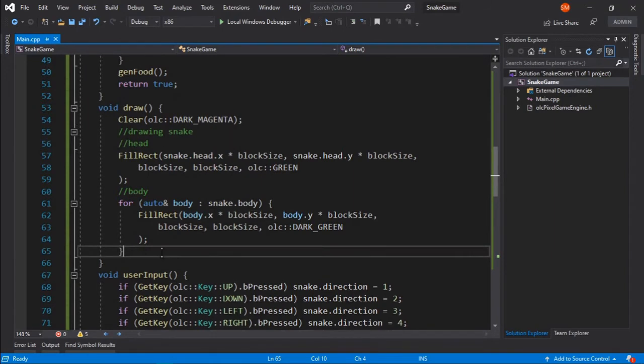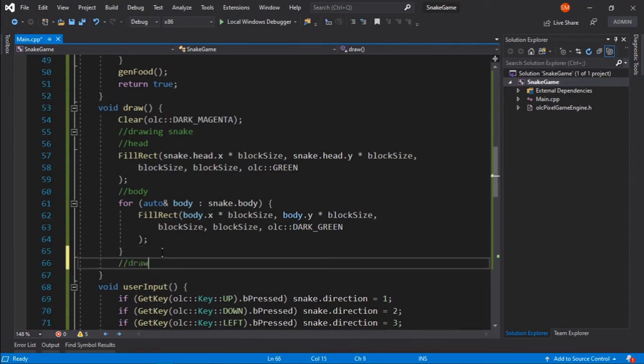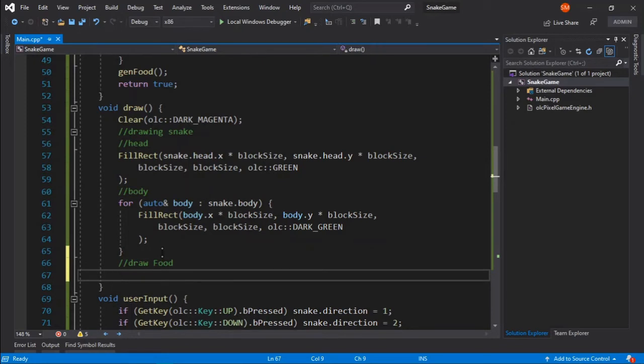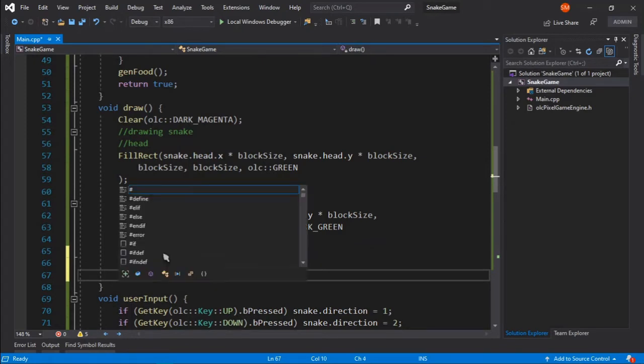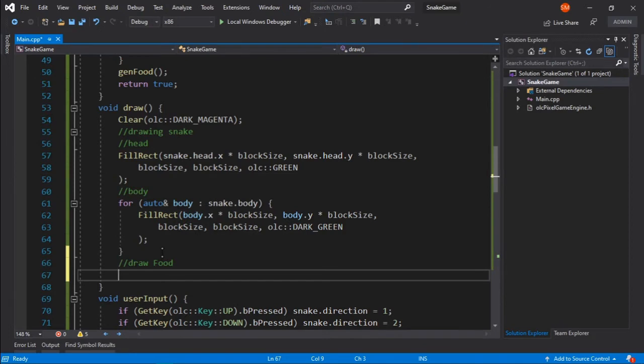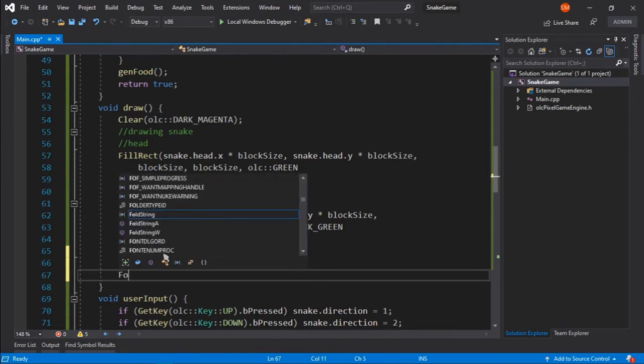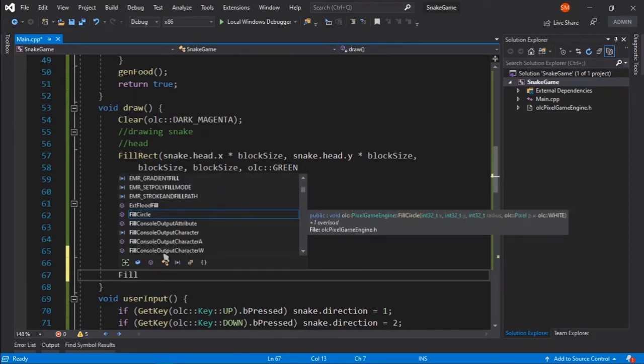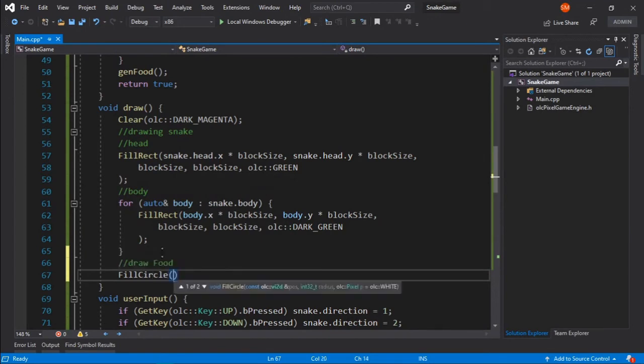So we also need to draw the food, and I will draw the food as a circle. For that I will say, suppose it's called fill circle, if I can remember. Fill circle takes a position and a radius.